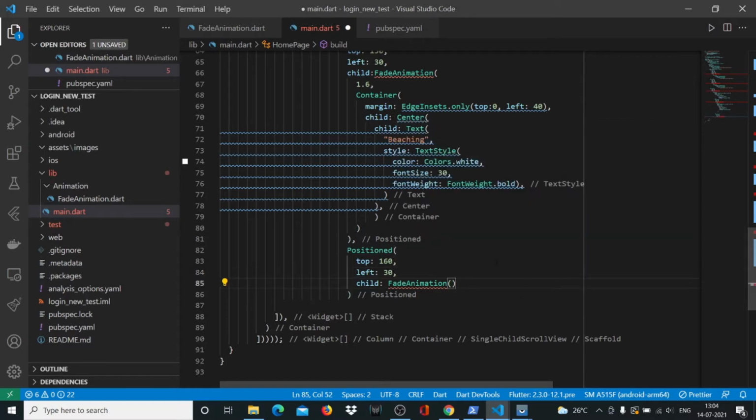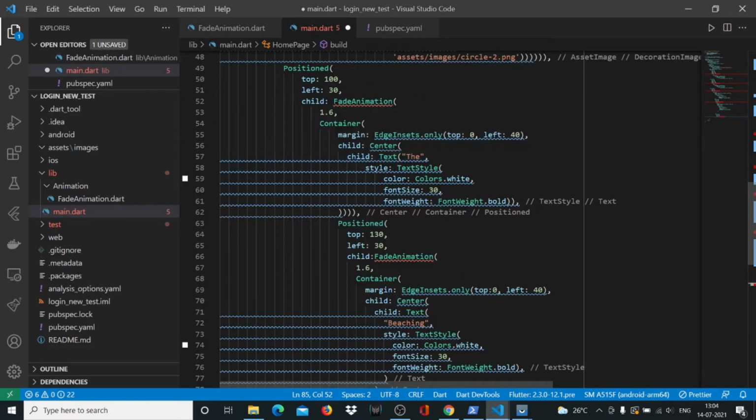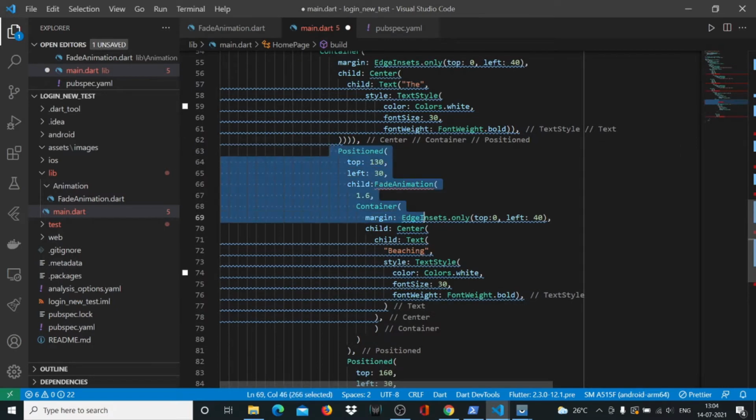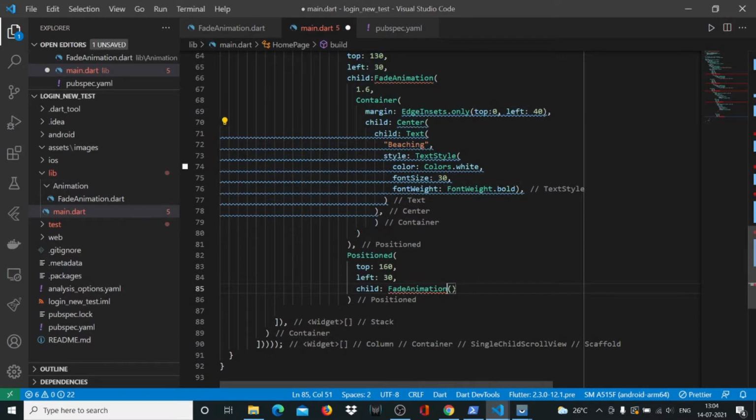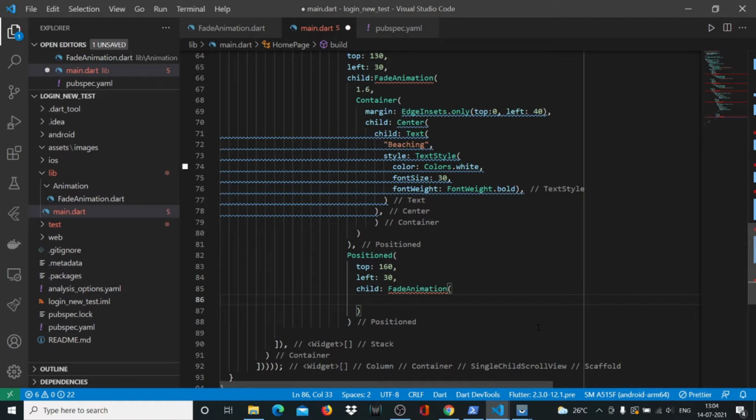Now this syntax of Flutter can get very confusing sometimes to people, right? Because there are these widgets one after the other. So you just need to practice so much that you get very used to and very comfortable with how the widgets work in Flutter. So here we'll say 1.6 and then we'll say comma